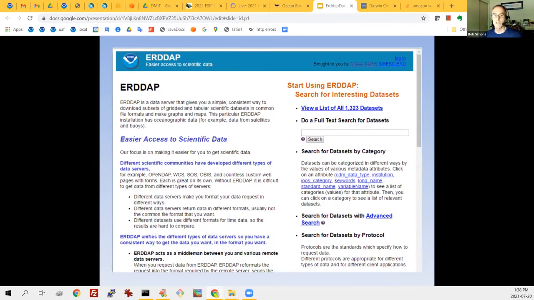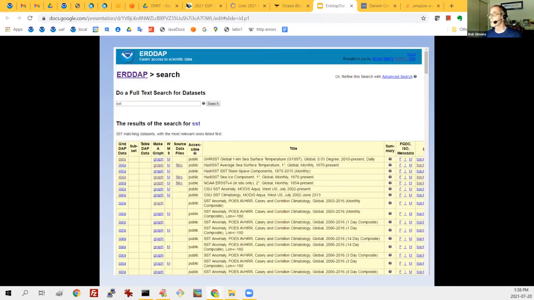If I enter SST in the search box, I get a list of relevant data sets with the most relevant at the top. The data links on the left lead to an OPeNDAP style data access form so that you can request a subset of the data. The graph links lead to a simple web page for making customized graphs from the data.